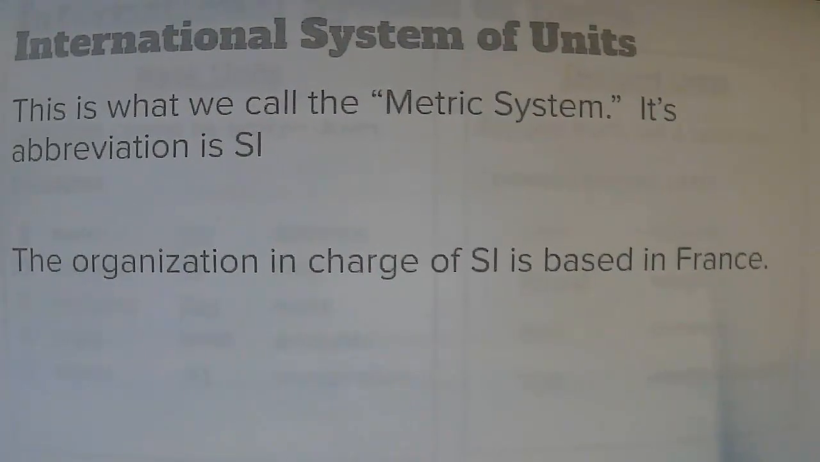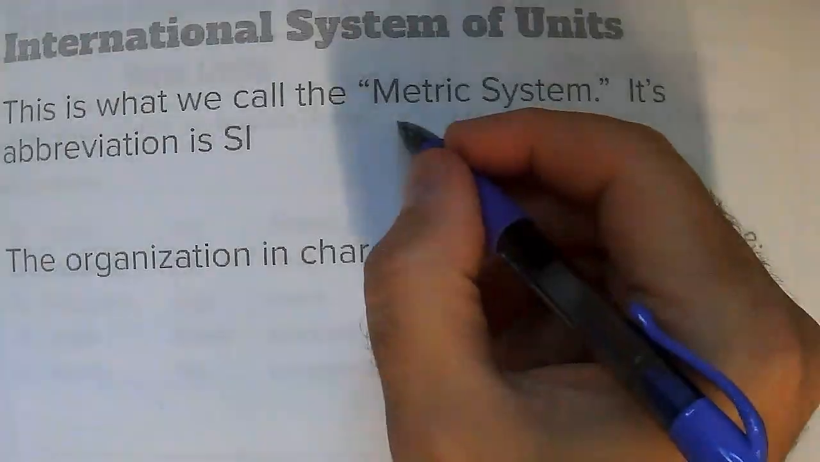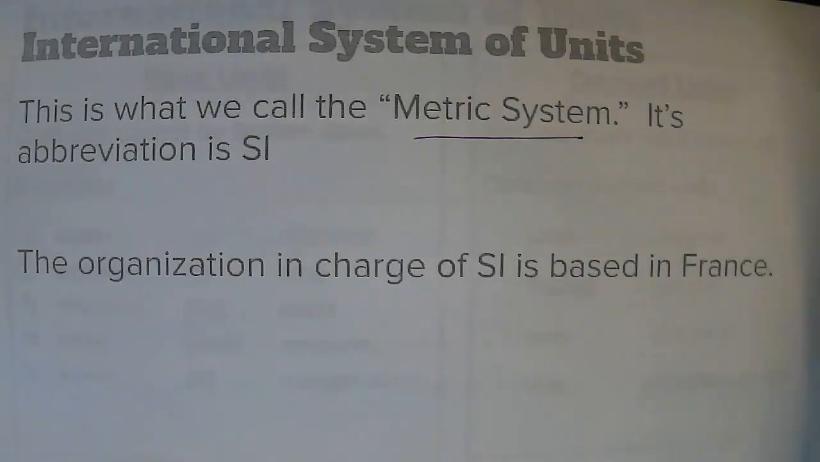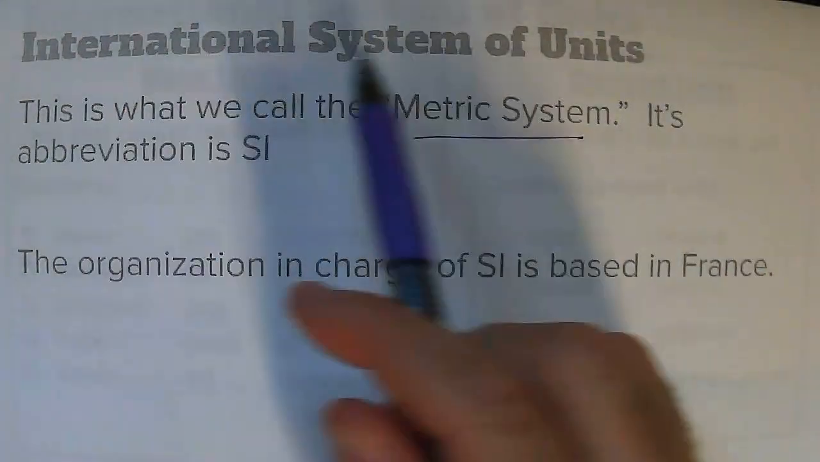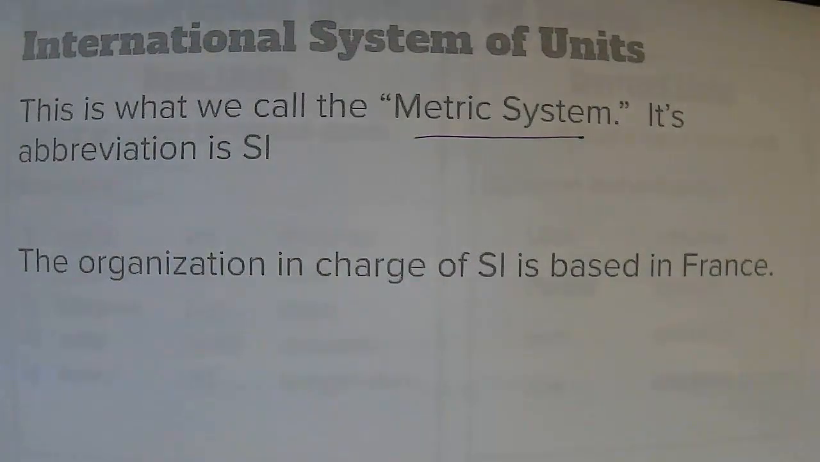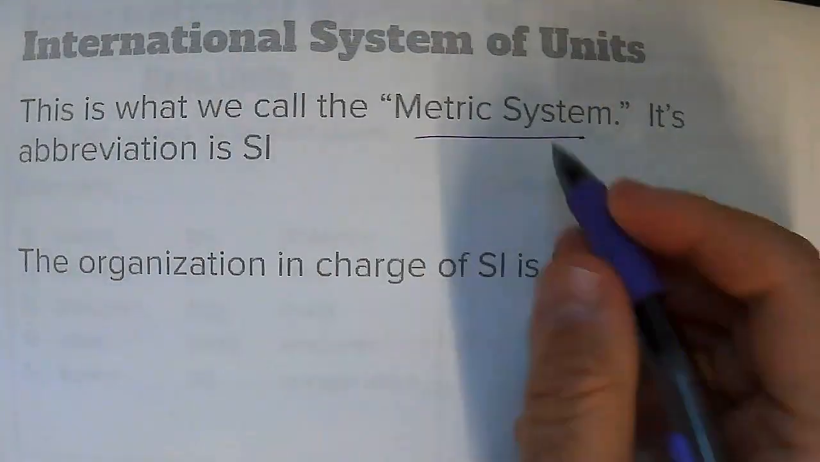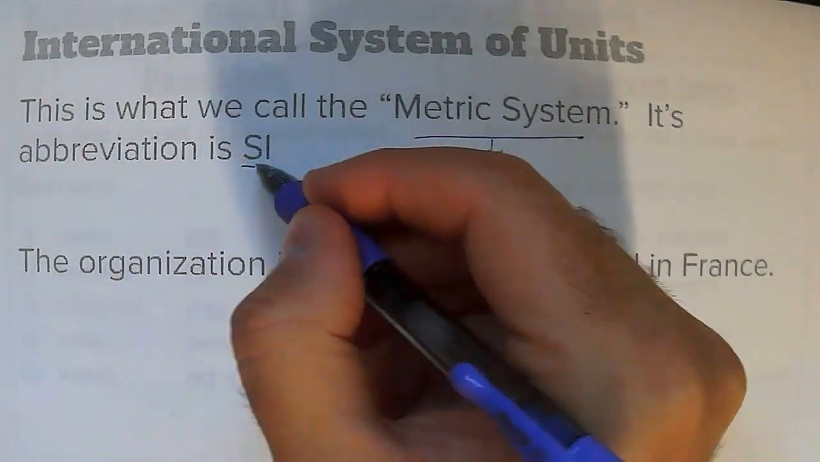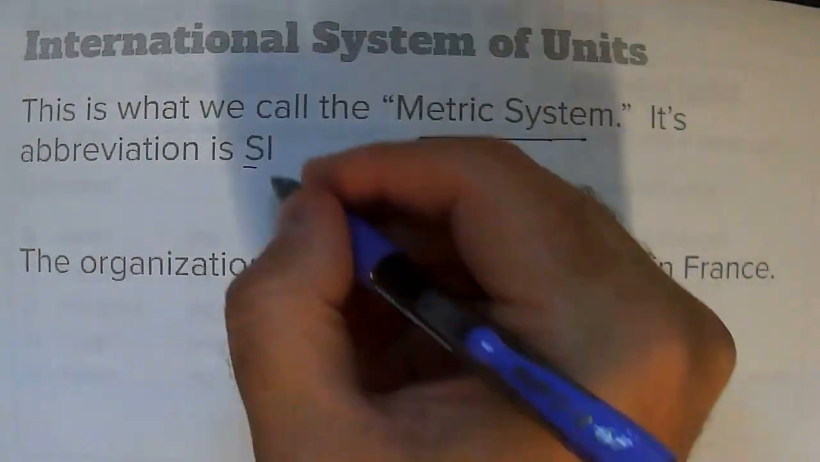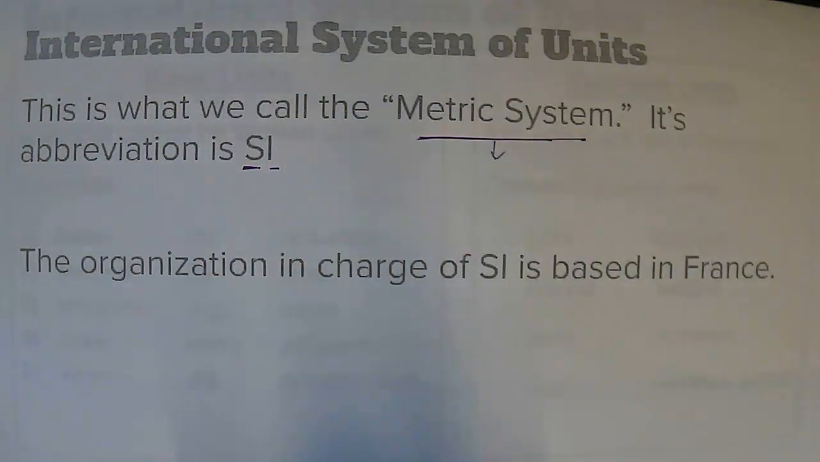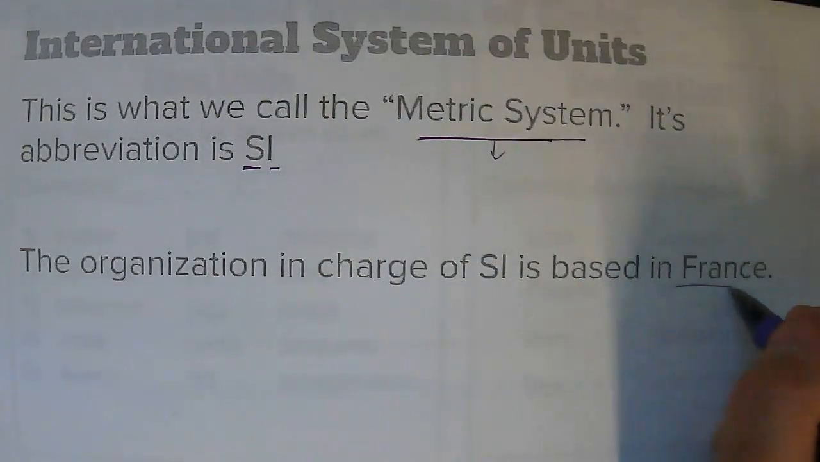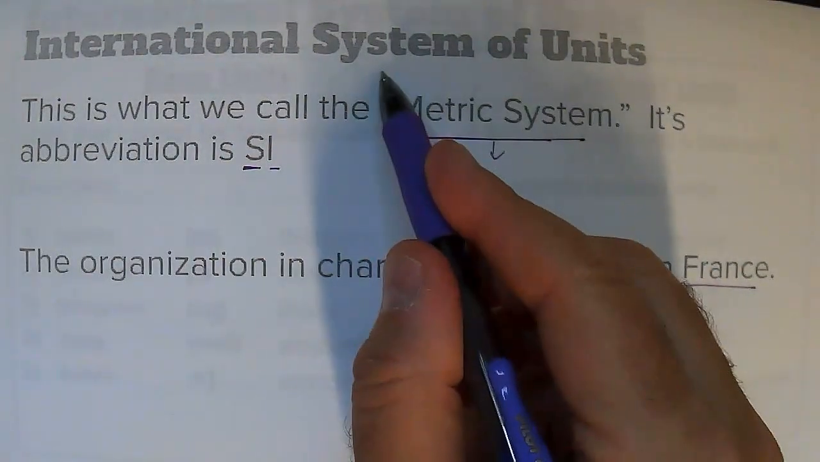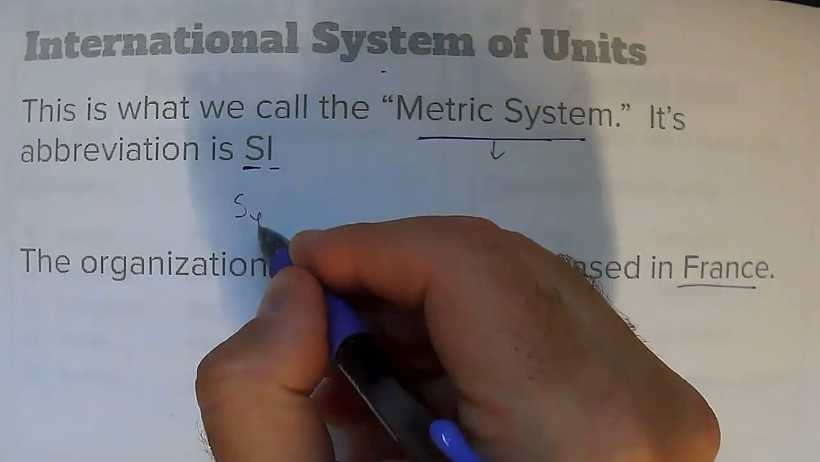So the International System of Units is what we commonly call the metric system. Yeah, there are some subtleties about the difference between the metric system and the International System of Units, but for all practical purposes, the metric system is the International System of Units. And because it's the International System of Units, we abbreviate it. Instead of calling it the metric system in science class, we call it SI, because it's based in France, and the French word for international system is